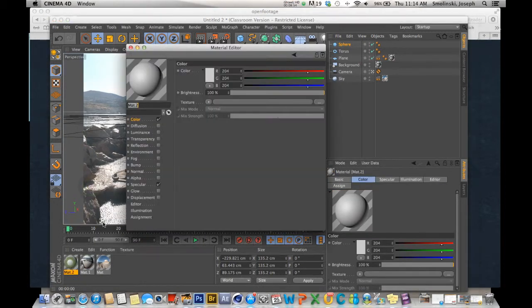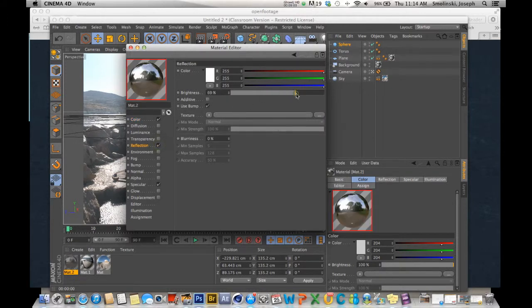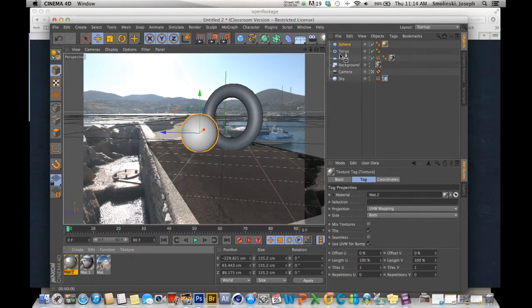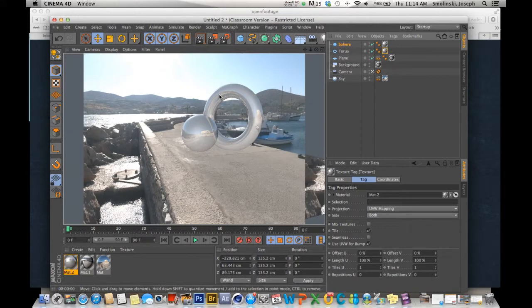I'm just going to create a shiny, chromy kind of object. Actually, I'm just simply going to choose reflection at like 69%, maybe 72%. That's pretty good. Let's drop this on the sphere and the torus. Now what we see here is that they're reflecting the scene, which is looking pretty good so far, but still